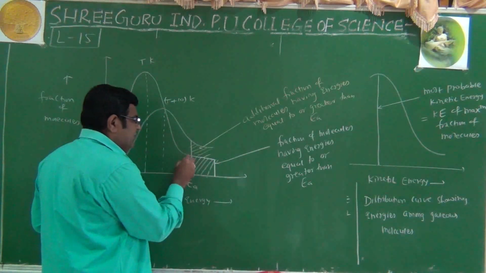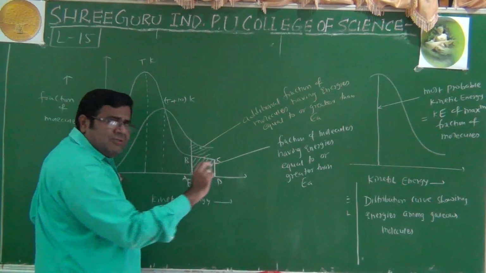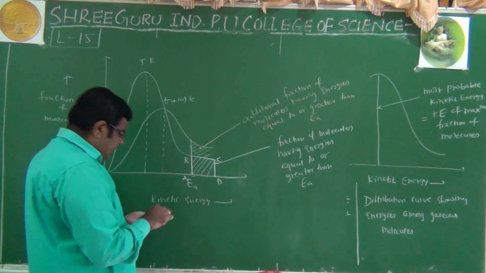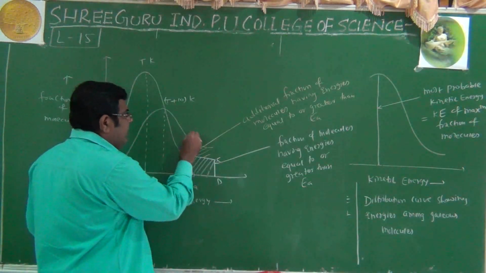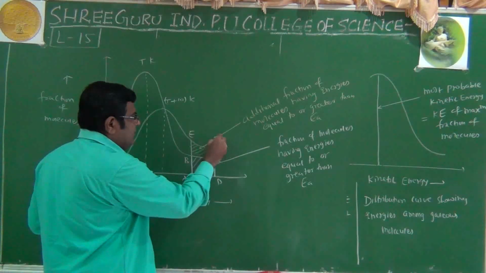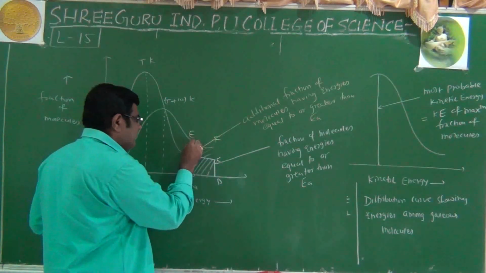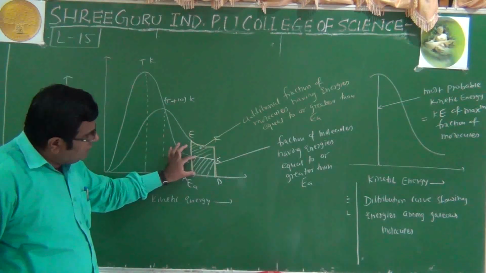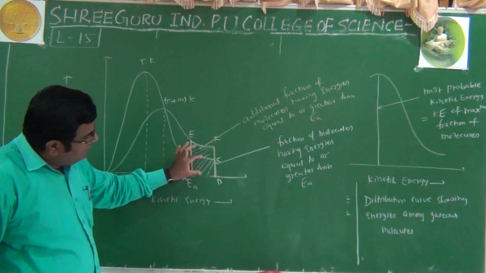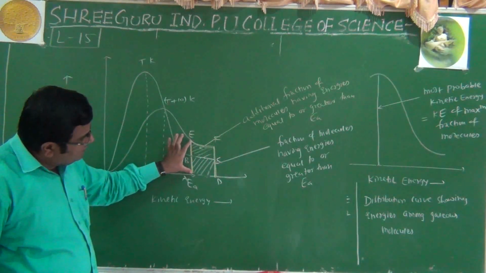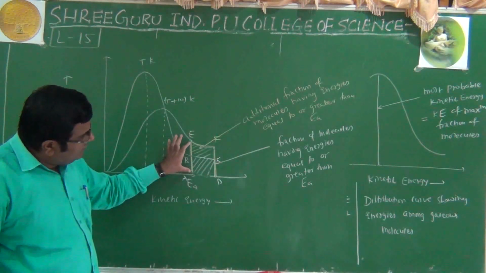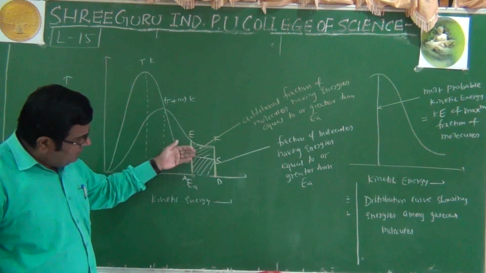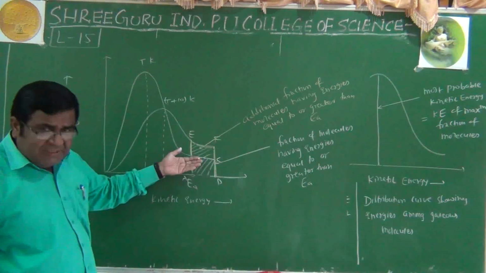We can calculate its area, say A, B, C, D. We just count the rectangles in the graph, the squares, how many squares are occupied by it. And this is A, E, and this is F, and this is D, like this one. So comparing the number of activated molecules at Tk with the number at T plus 10K, the number of activated molecules at T plus 10K is more, nearly 2 times. Even though in the graph it doesn't look 2 times, clearly it has increased.